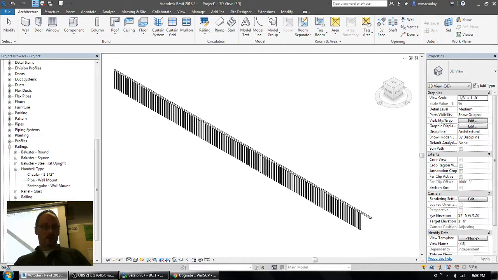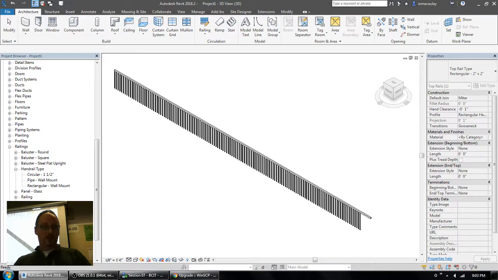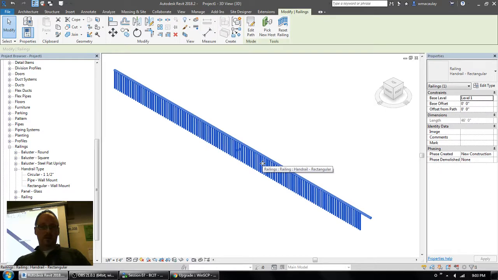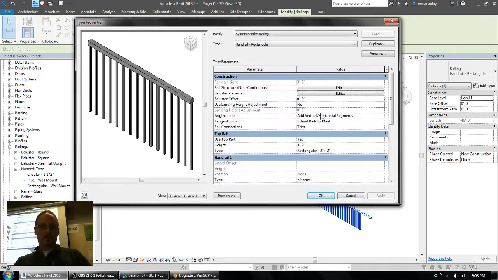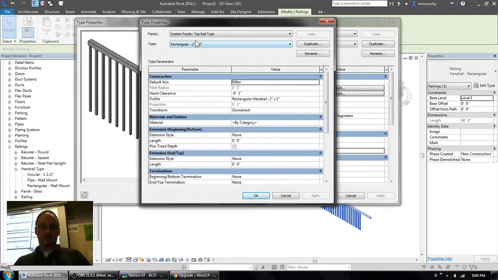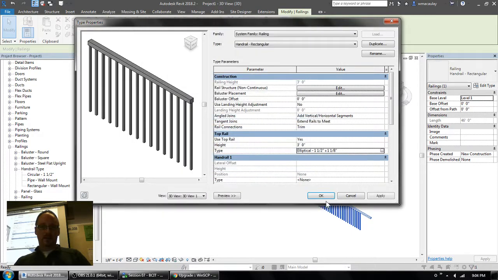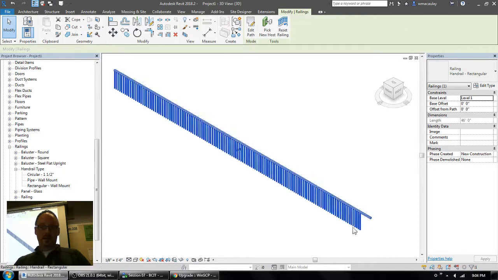So for instance, for our top rail here, we've got this rectangular 2x2, an elliptical, and a circular. So that means I could come into my regular old railing style here and go to its type properties and swap out the rectangular 2x2 for the elliptical one, because that sounds way cooler. There it is. Hit OK, and now,